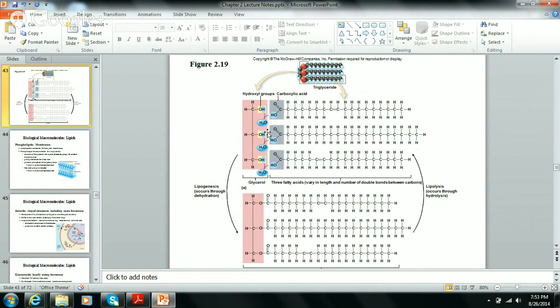So in dehydration, what you're doing is you're taking the water out. So you're snatching a hydrogen. You're snatching this OH group, and that causes this bond to form with this double bond on the oxygen and the carbon linking to the oxygen here. But if we put the water back and through hydrolysis, we add the water, and so a hydrogen from the water attaches here. The OH from the water attaches there,